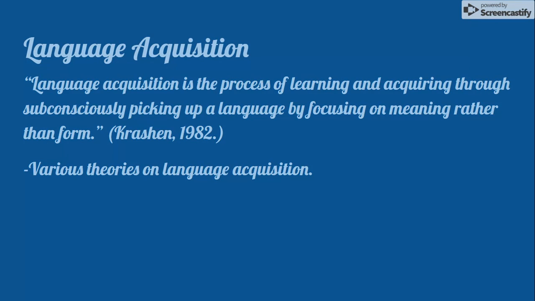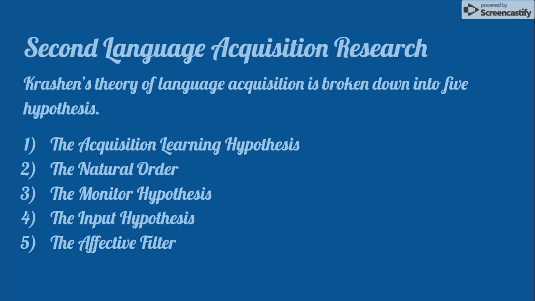So overall, we can already see how some of these theories on acquisition can influence how a teacher might choose to introduce specific topics and design her classroom content. Looking a little bit further into second language acquisition research, Krashen has a theory of language acquisition broken down into 5 categories or hypotheses. Each of these hypotheses are very dense and complex, and while they're all very critical to language acquisition, for the purpose of my research, I'm choosing to delineate only one, and that is the affective filter.